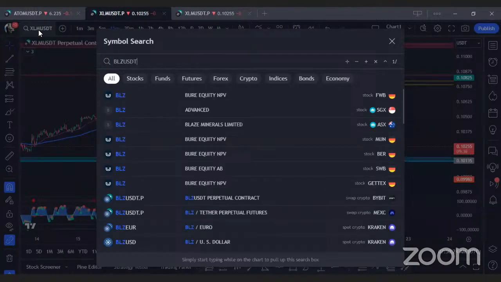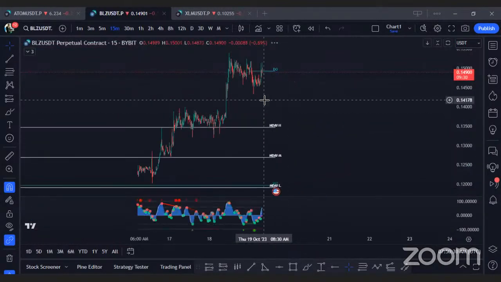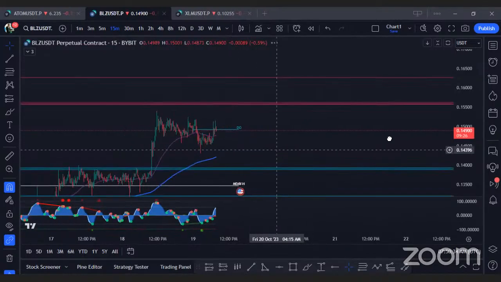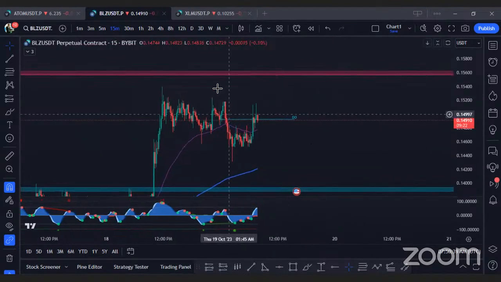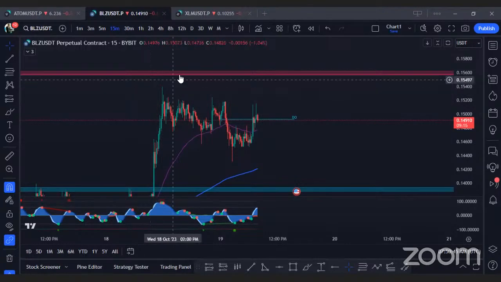Okay, so let's look at BLZ USDT. BLZ, I had it at that level. Let me see where exactly we were looking at BLZ yesterday. Okay, so I was expecting BLZ to come up to this area of 15 cents. It actually got to 15 cents, but the area I was looking at is this